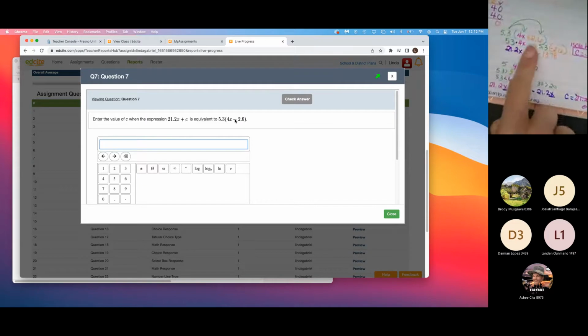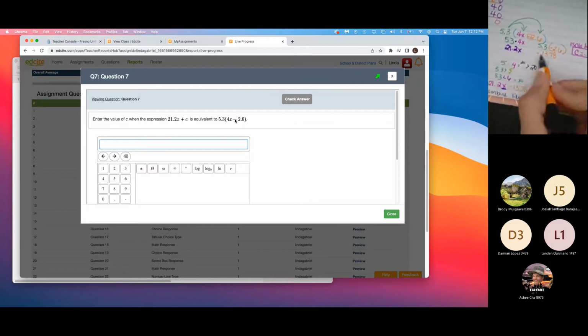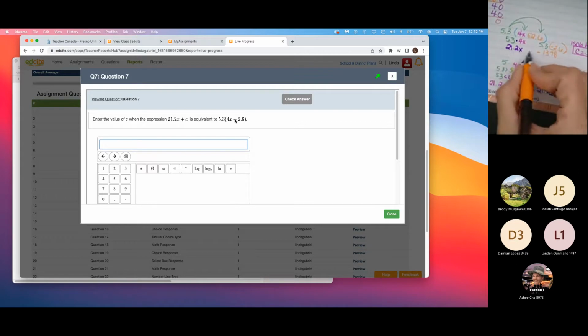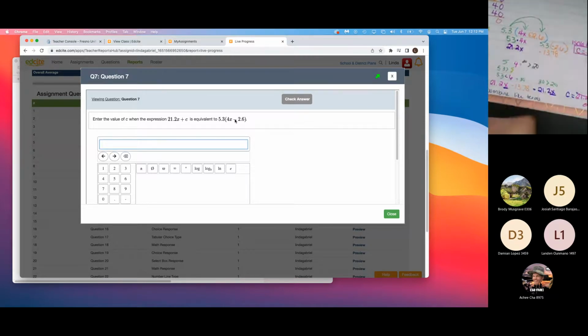Because I have minus right here. So I have 21.2x minus 13.78. My original problem was 21.2x plus c. So if I have 21.2x plus c is equal to 21.2x minus 13.78, I need to isolate c, meaning I